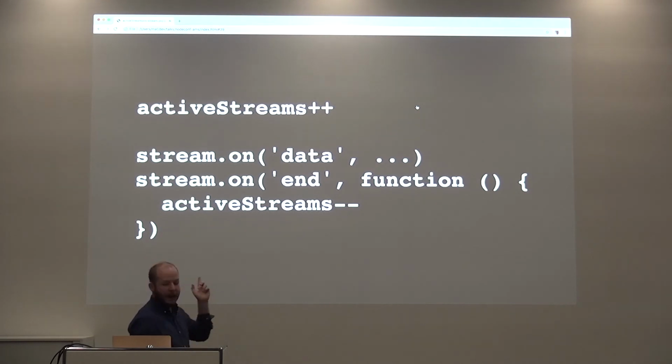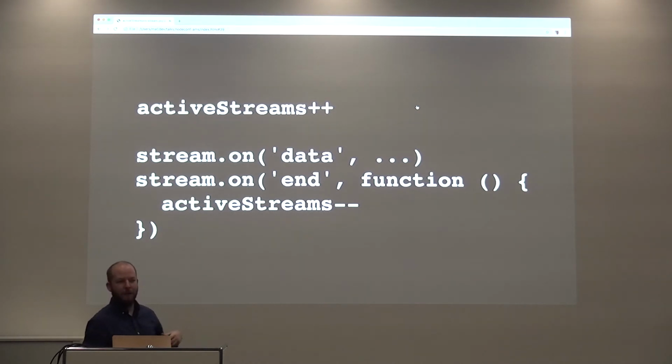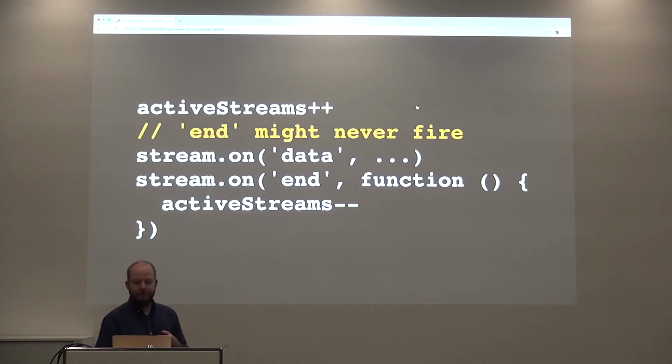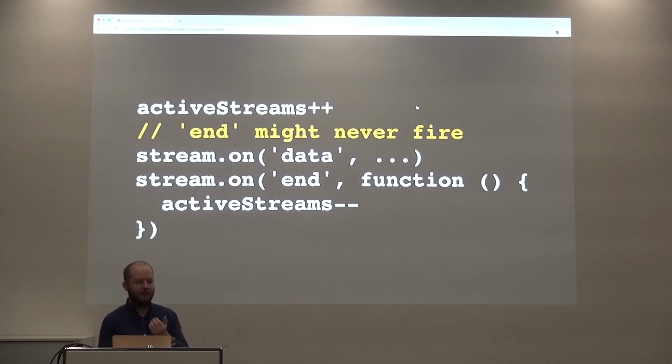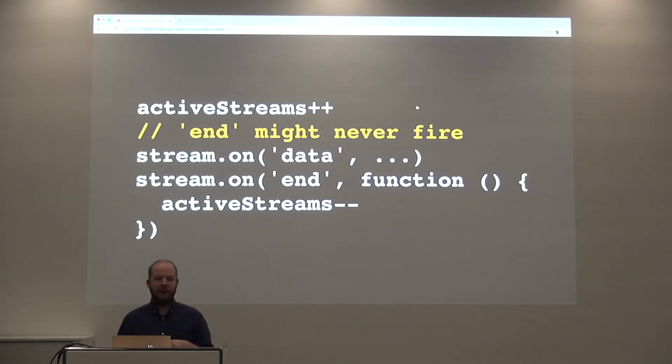The problem here is that end doesn't mean end in the way we mean it in the English language. It means that the stream has succeeded, there were no errors, and the buffer is done. So it might never fire. If there's an error, end might not fire. There are no guarantees that end will ever fire. It's only going to work in all the good cases, which are probably the ones you're testing. So it looks fine in the test. Then you run it in practice, and you're like, oh, there's some bug, and I don't know what it is, so I'll restart my server.